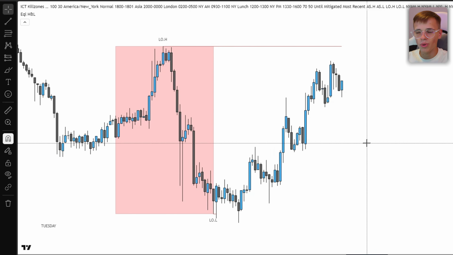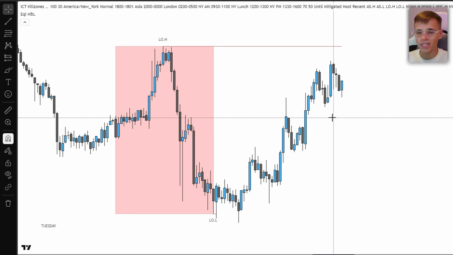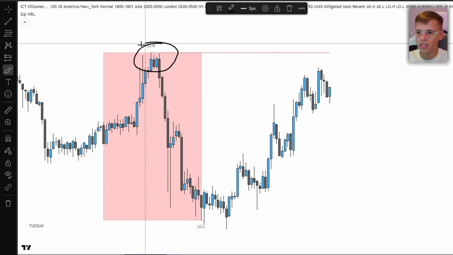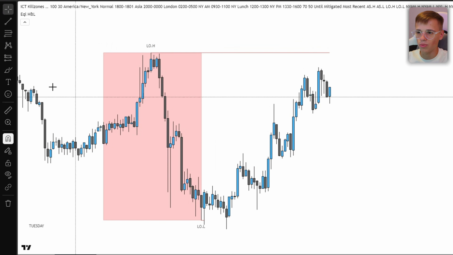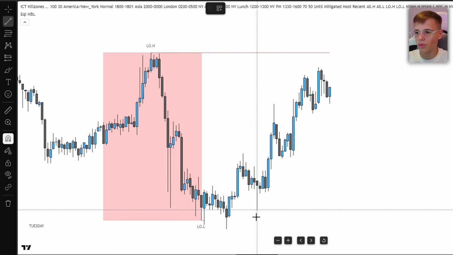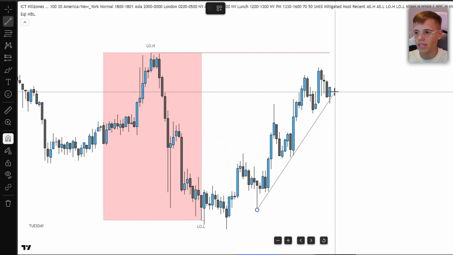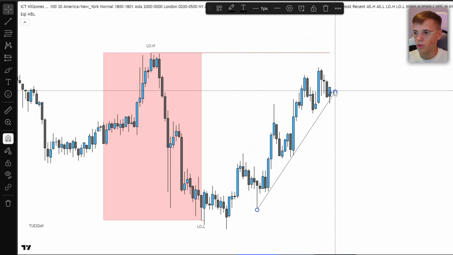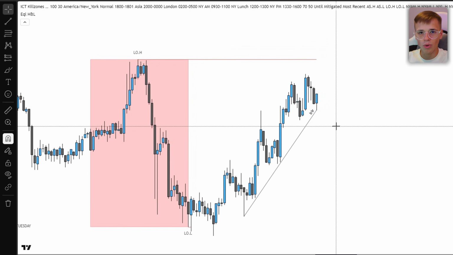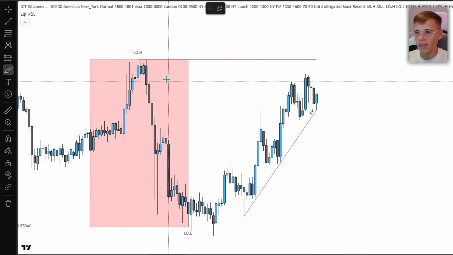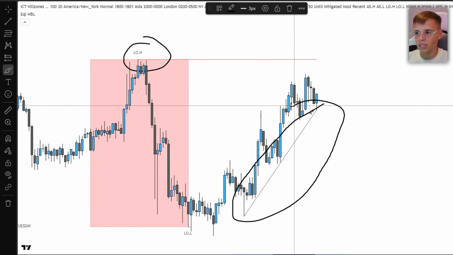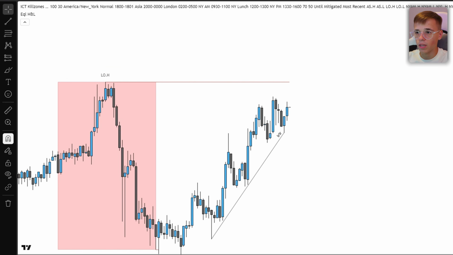Okay, so right now what we can see on the actual chart, this is the real market right now, you can see that we have London high right here, and the thing we can spot is that we are quite nicely building the low resistance liquidity. So you can basically see how the market is respecting this trend line towards the upside. We can mark it like this, low resistance liquidity, and what we could wait for in this situation is some kind of a London high sweep, then a target of the whole low resistance liquidity down here. So let's see if it actually happens in the market.